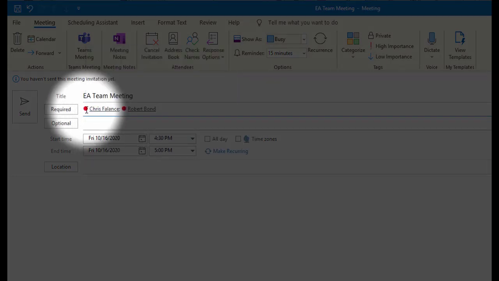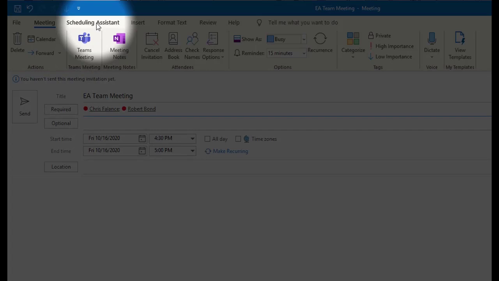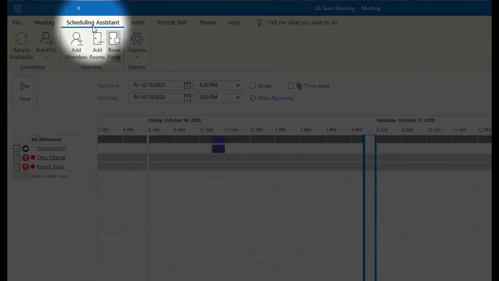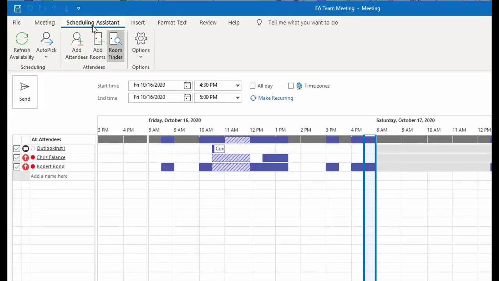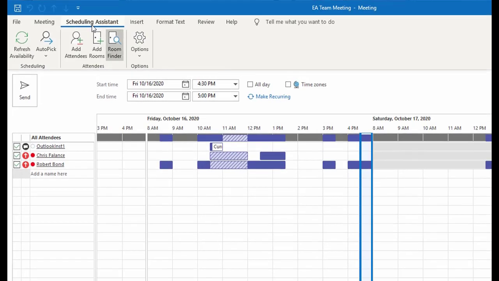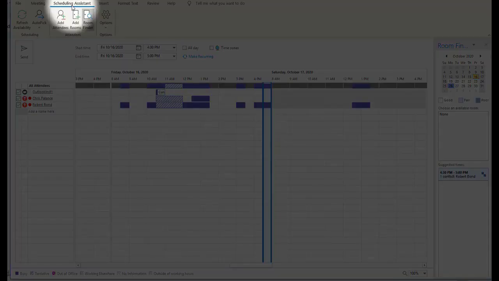The next step is checking the availability of your participants by clicking the Scheduling Assistant from the menu. This will show the status and availability of all attendees. Look at the legend below to familiarize yourself with the different colors of the statuses. Once you select the time and date,